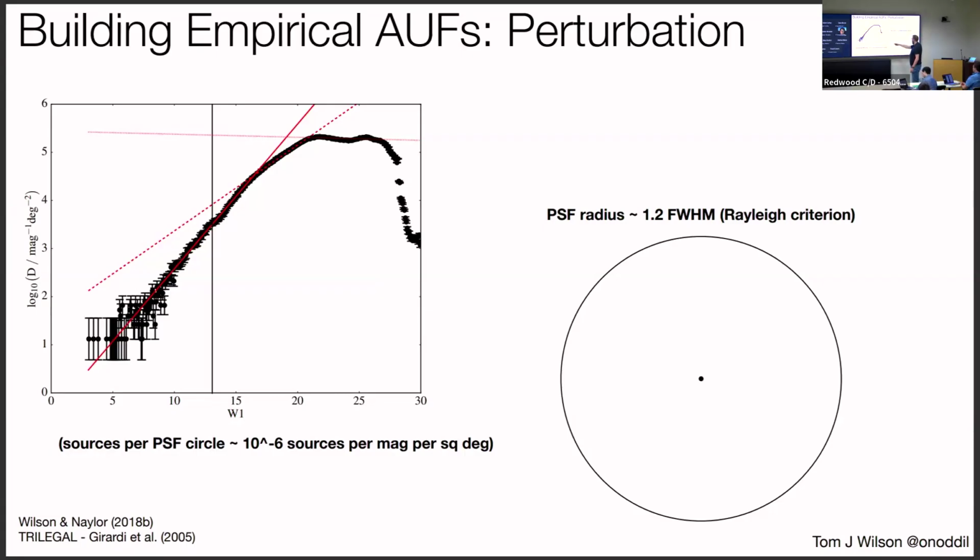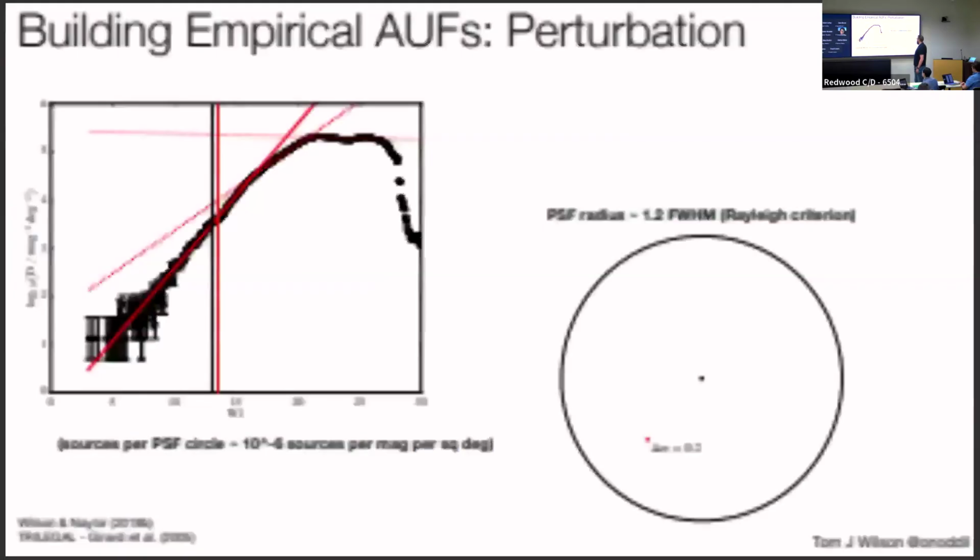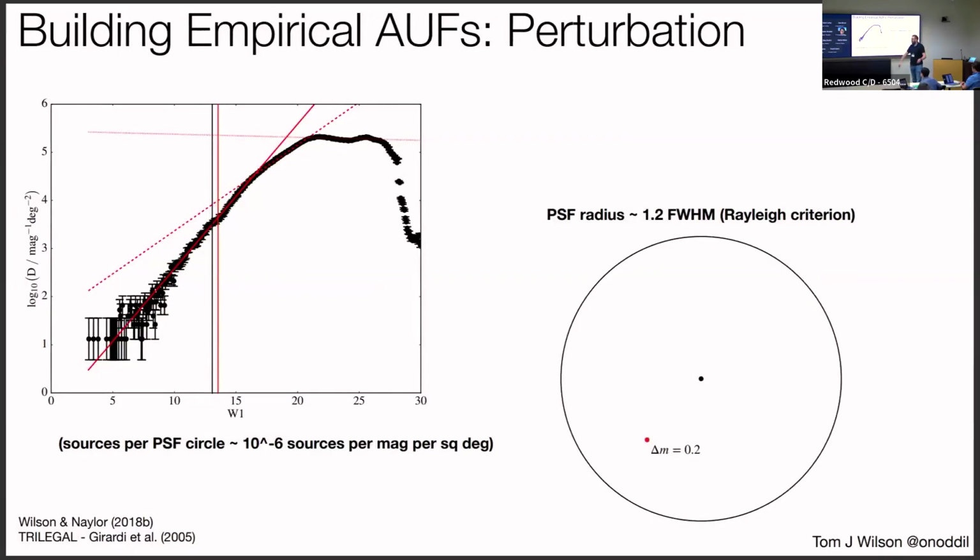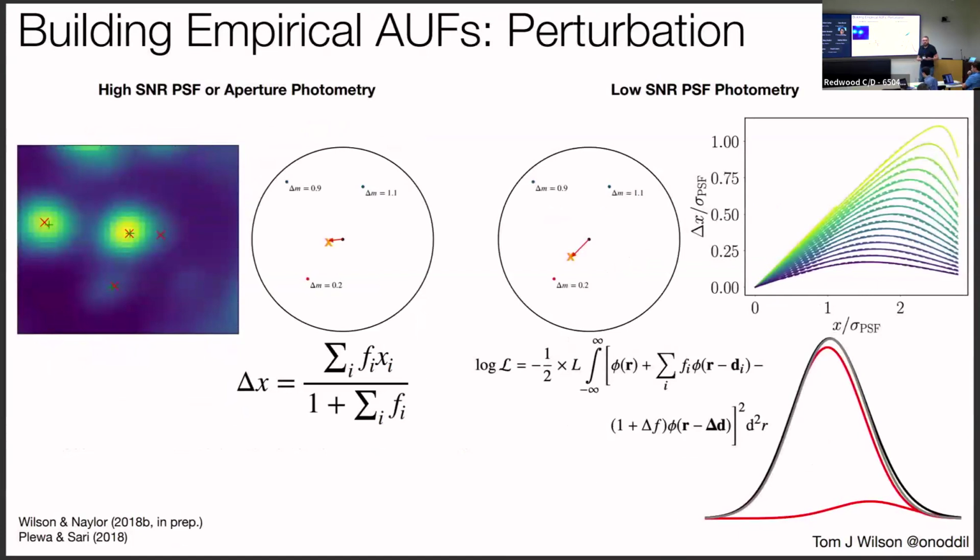And I have my very crude approximation of a PSF, a circle. And say, I found, just through Monte Carlo simulations, there's an object here that's reasonably bright, it's only 0.2 magnitudes fainter, and it's there. And then there's another couple that are a magnitude fainter, let's say. Then I have to calculate what effect this would have on the